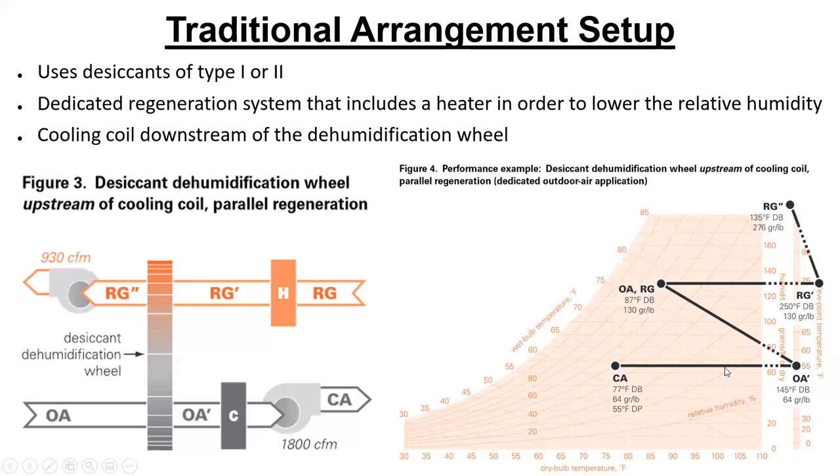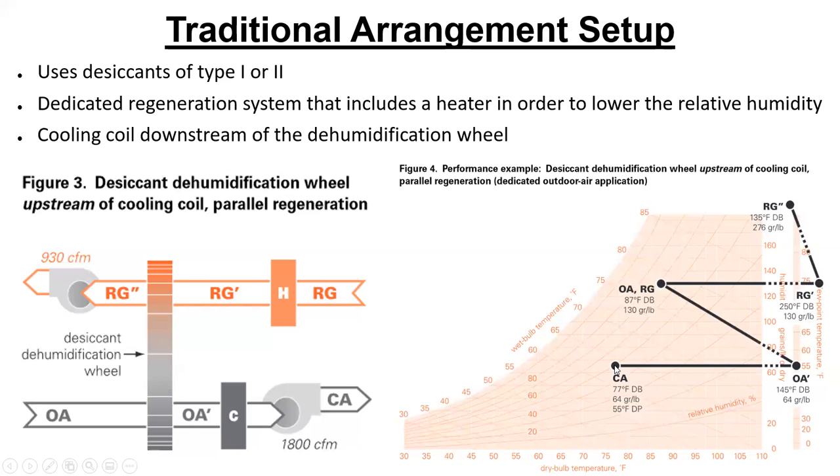And so we're just going to do sensible cooling down to our desired 77 dry bulb and 64 grains per pound. He gives the dew point as 55 Fahrenheit. So what they're doing here is this is just kind of neutral air. This air is not providing the conditioning on the space. It's just providing the ventilation air that's required by the codes.